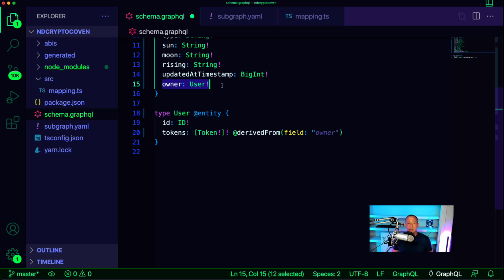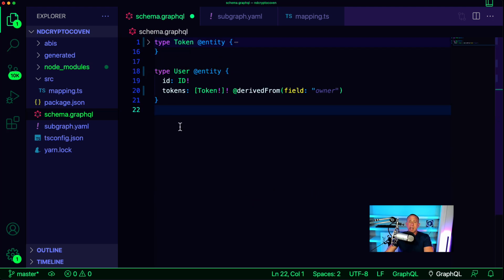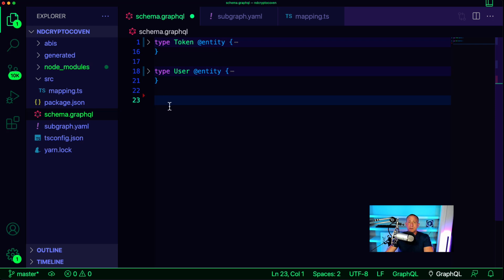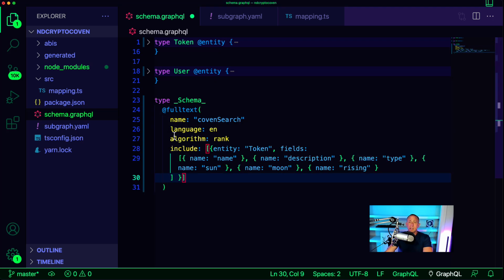So that's the main configuration, but we also want to have a full text search feature built in, and we can describe which fields and which entities we would like to make searchable. So to do that, I'm going to go ahead and collapse these two entities. And here we're going to have this type _Schema_, and we're going to use this @fullTextSearch directive. And here we can pass in all of the different things that we want to configure for this full text search field. So the name is going to be the query name that's given to you after the API is